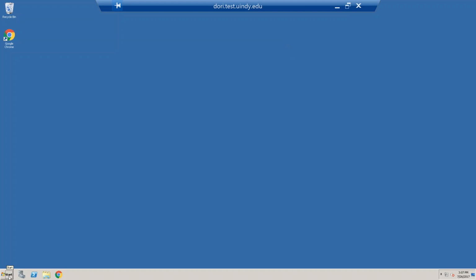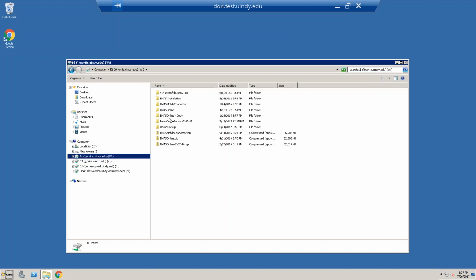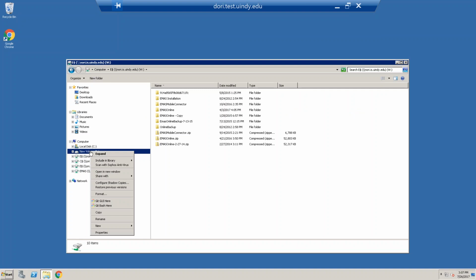I have Dory. I mapped the drive so that if we need to copy the EMAS Online folder, we can do that because I have it mapped. Okay, perfect. Now, that'll be one of the steps that we'll want to do as well, just to replace the EMAS Online